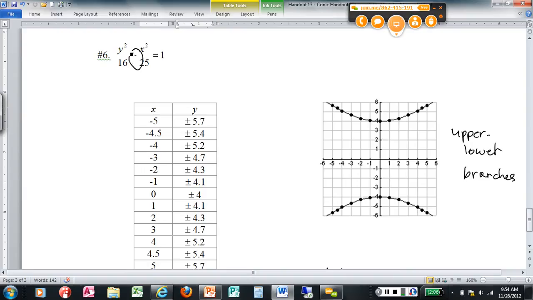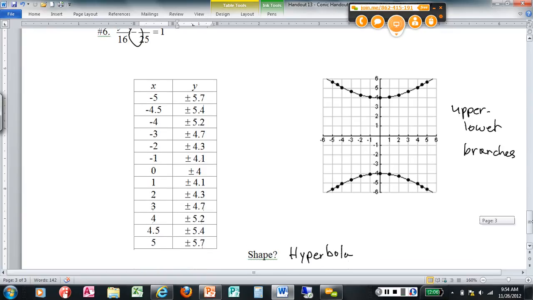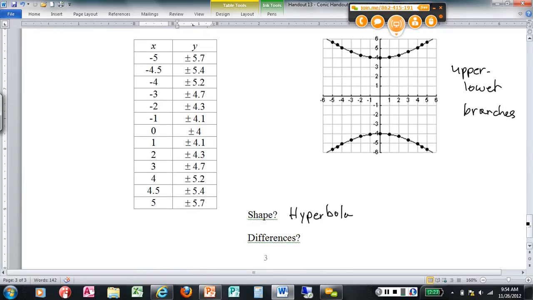Now, why do you think there might be a difference between the upper and lower and right and left? Yes, it's the one that's first or second, however you want to put it. In this one, we've got the y squared minus x squared, whereas in the one on number 5, I've got the x squared minus the y squared. And that makes a big difference. It's the difference between right and left and upper and lower. Okay? And we'll say more about that. But for now, that is what I wanted to show you on this. Those are our differences in all the types of conic sections. So let's